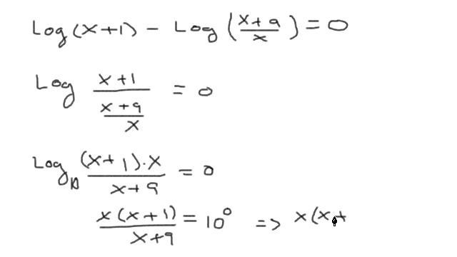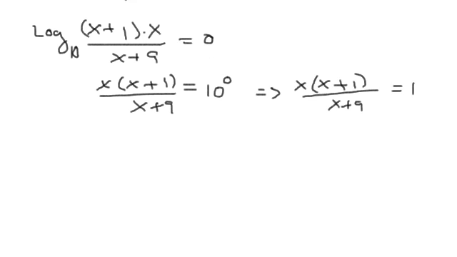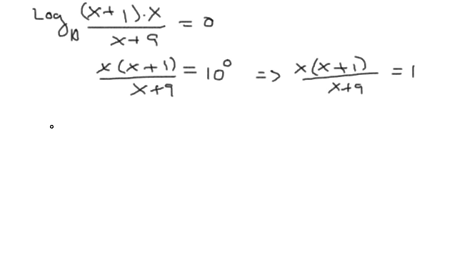So we got x plus 1 over x plus 9 is equal to 1. 10 raised to the 0 power is 1. And then I'm going to continue this over here. And so now we have x times x plus 1 is equal to